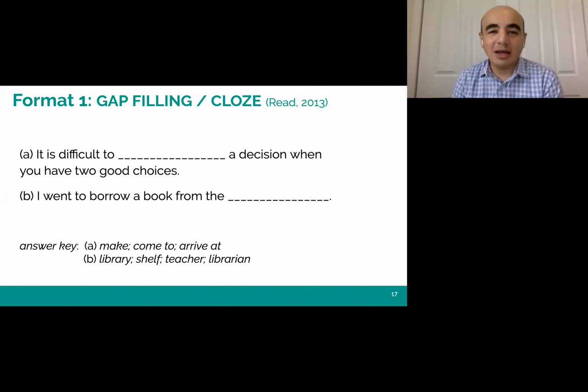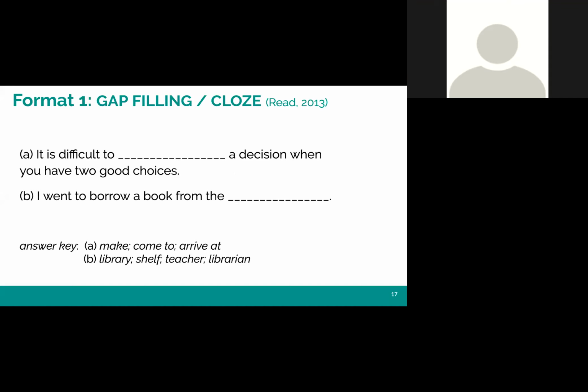Now, format one. We'll introduce the 5 test formats one by one, and we'll also look at these test formats from the practicality, validity, and washback perspectives. Charles, go ahead. Yes, thank you. So in format 1, it's gap filling, or we can also say cloze test. Here we have 2 sentences with answer key. In these test formats, students are presented sentences and asked to fill in blanks with correct words or phrases. I also want to mention that this test requires them to write,